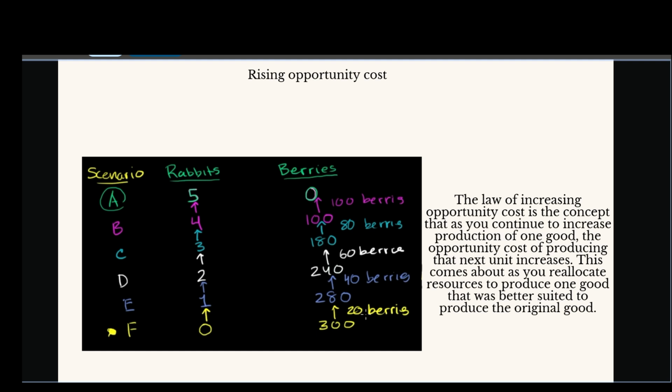Then to move to scenario E, where we can hunt one rabbit, we will give up 20 berries. Then in scenario D, one more rabbit will cost now 40 berries, not 20, 40. In scenario C, one more rabbit costs us 60 berries. In scenario B, it's 80 berries, and scenario A is 100 berries. You will ask why so, and we can actually think about